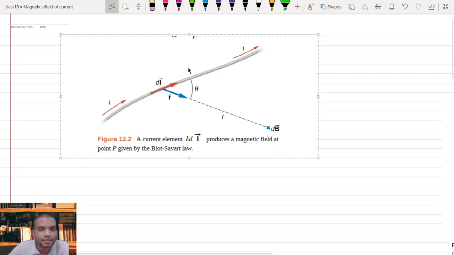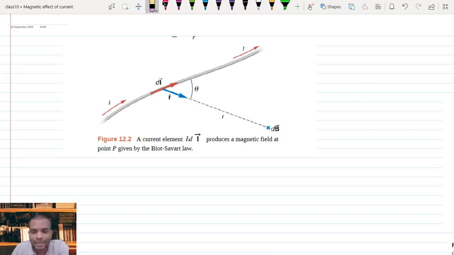Hi guys, in my previous class I discussed the magnetic field due to a current carrying element. In that concept we learned a new piece of knowledge: a current carrying conductor is a source of a magnetic field. So, according to Biot-Savart law,